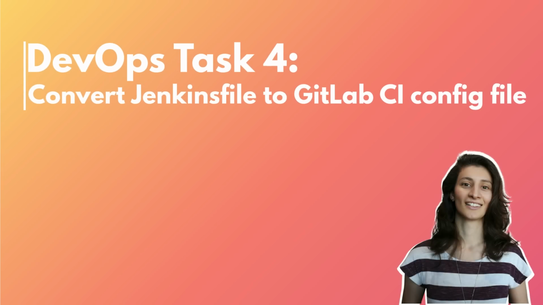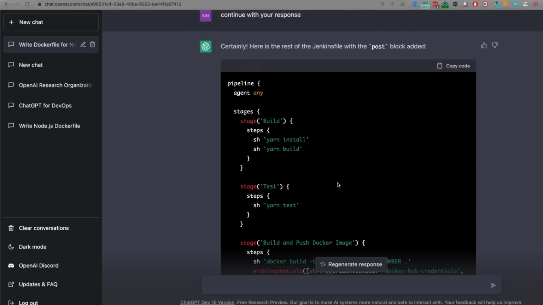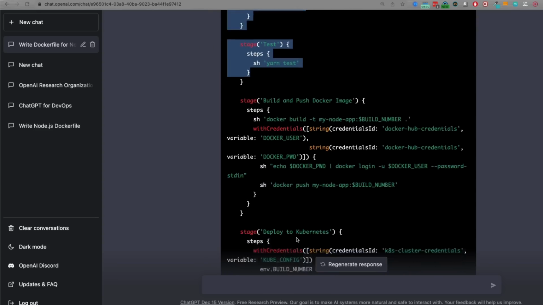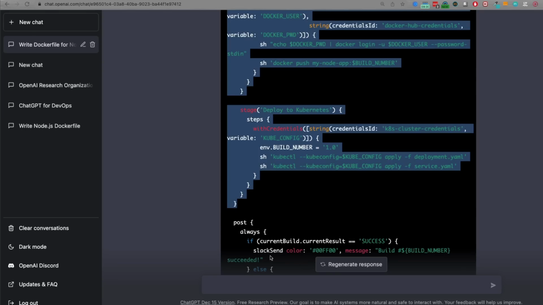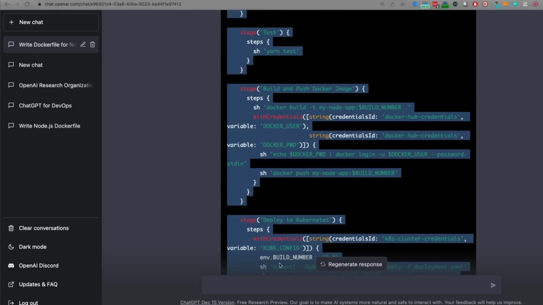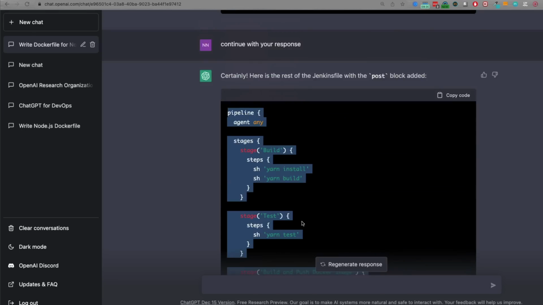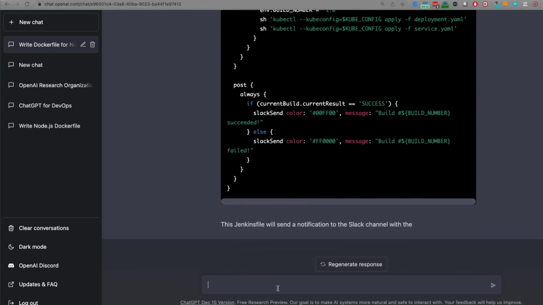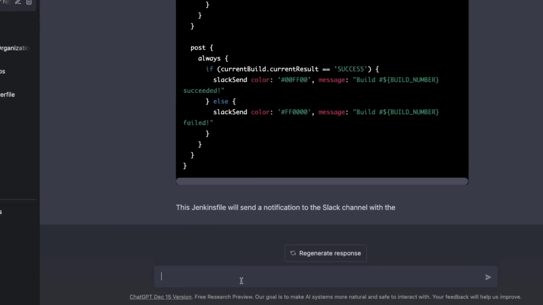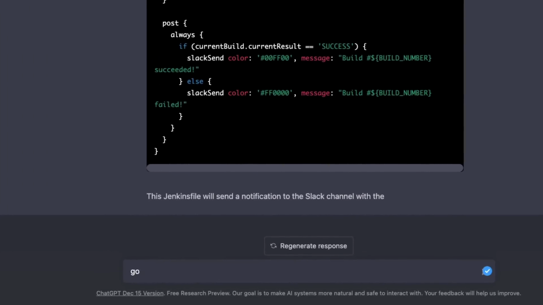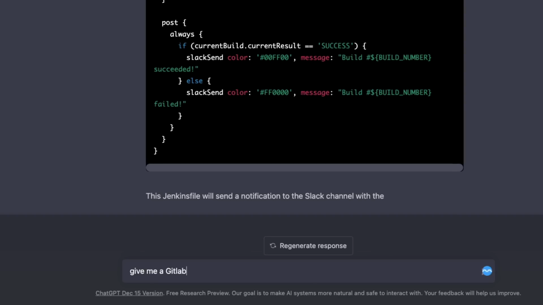And finally, as a very, very last step, I actually want to try out one more thing, which is taking this whole Jenkinsfile, and I'm going to leave out this Slack notification part, so the Jenkinsfile without this last step. And I'm going to ask ChatGPT to give me a GitLab CI equivalent